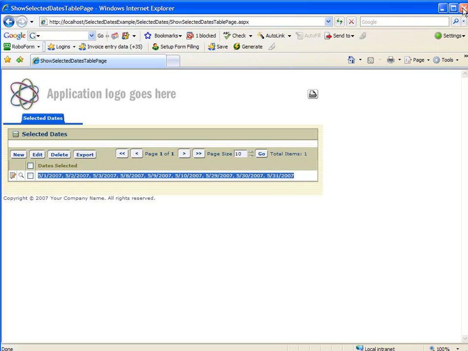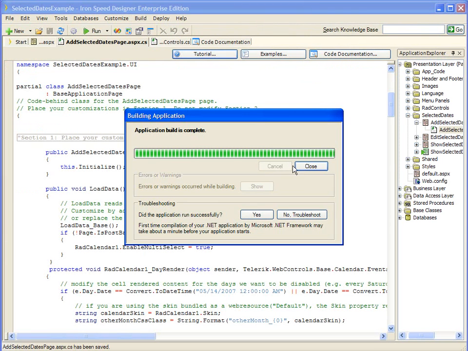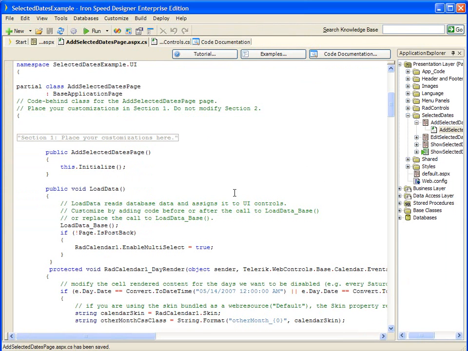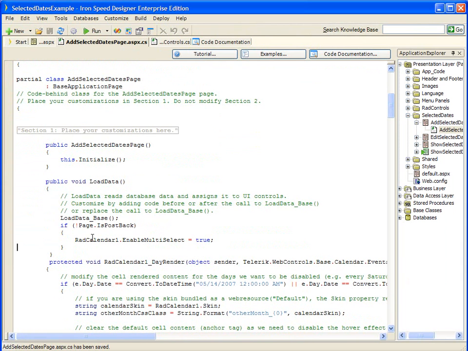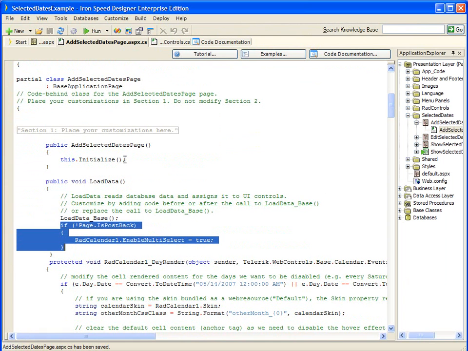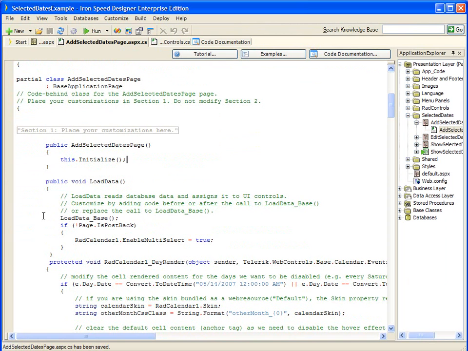As I compiled and ran the application, I did have one error that I should point out since I went through the demonstration of adding the code in. I got an object not referenced error, and it is because I had this code right here. I wasn't paying very much attention, and I had it up underneath this initialize event, so I cut it out and moved it down here into the load data, put it under the call to the base event, and everything works fine after that. So you might want to note that,